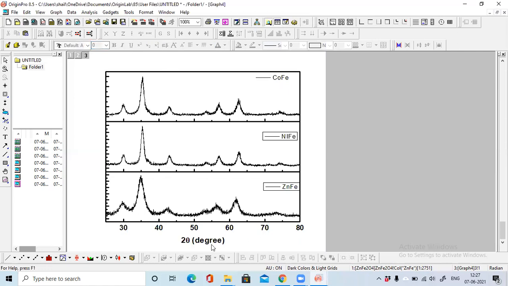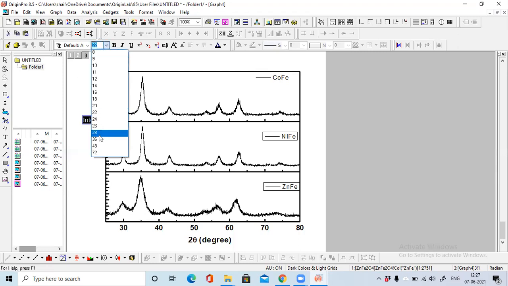Now you want to add, because I removed it from this y-axis, so select this T, put over here and write intensity. What is the unit? Arbitrary unit. Intensity has no unit. So select this, make 28, because the x-axis we chose 28.